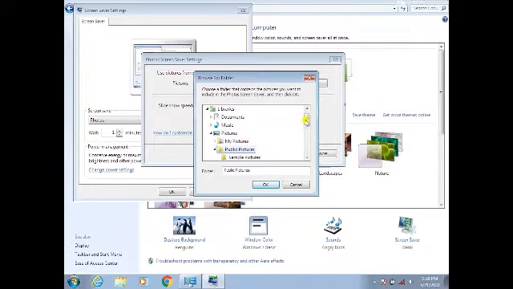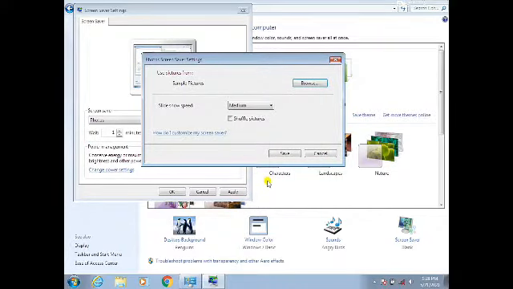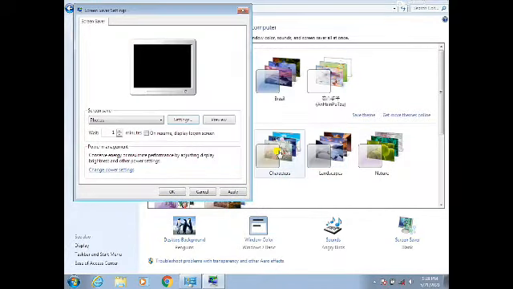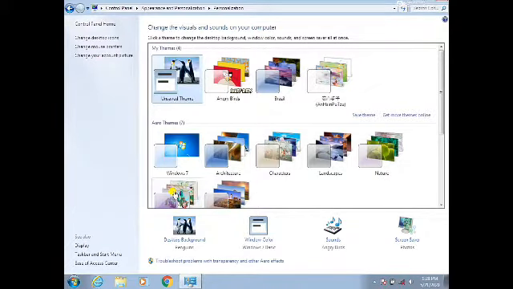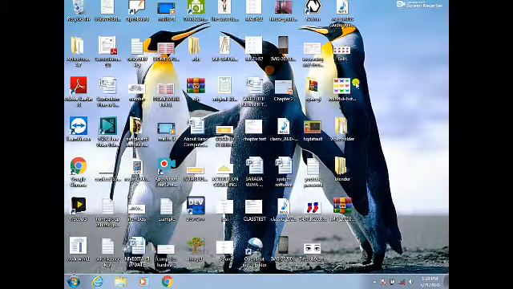Public pictures, sample pictures. Okay, then I will click here, apply, and then click OK. So automatically the screensaver has been set up.